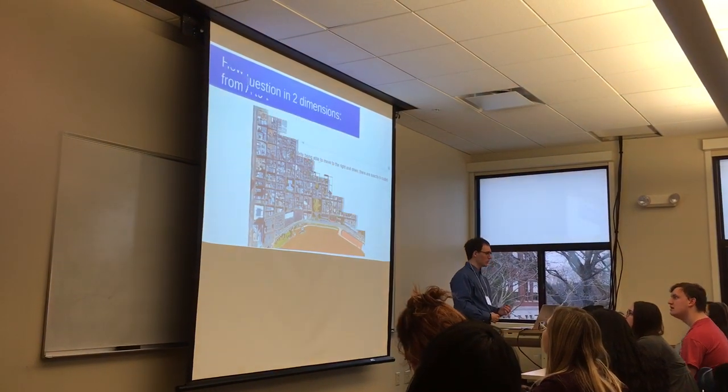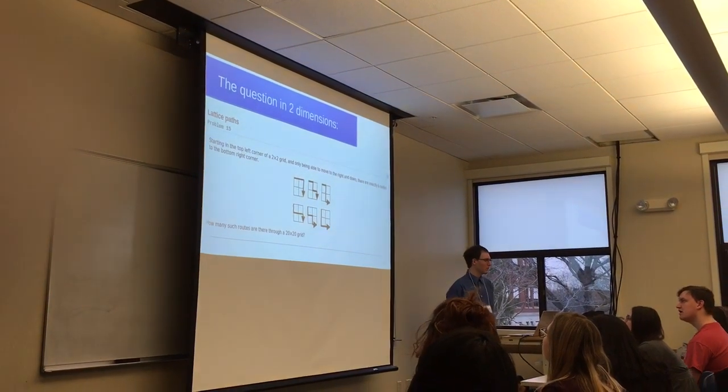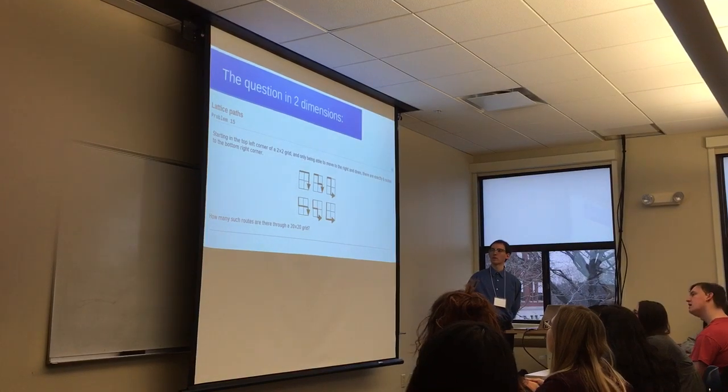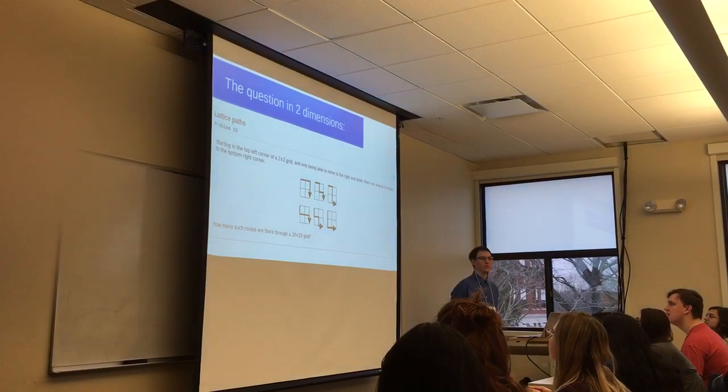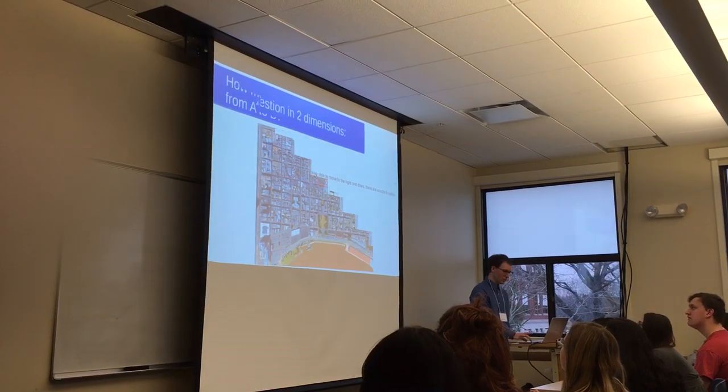So my question in 2 dimensions is, starting in the top left corner of a 2x2 grid and only being able to move to the right and down, there are exactly 6 routes to the bottom right corner. So how many such routes are there to a 20x20 grid? Well,